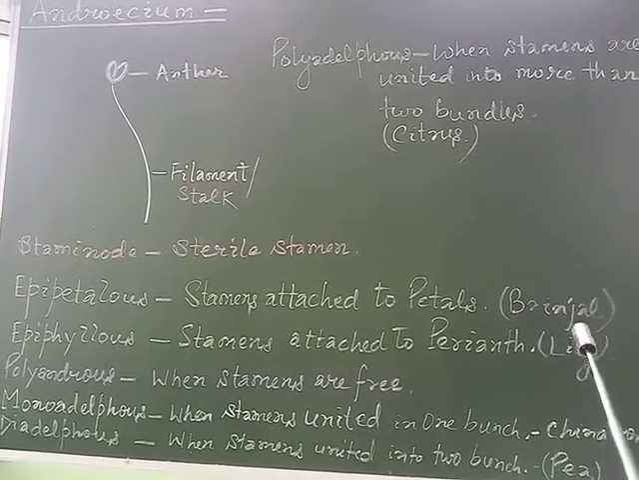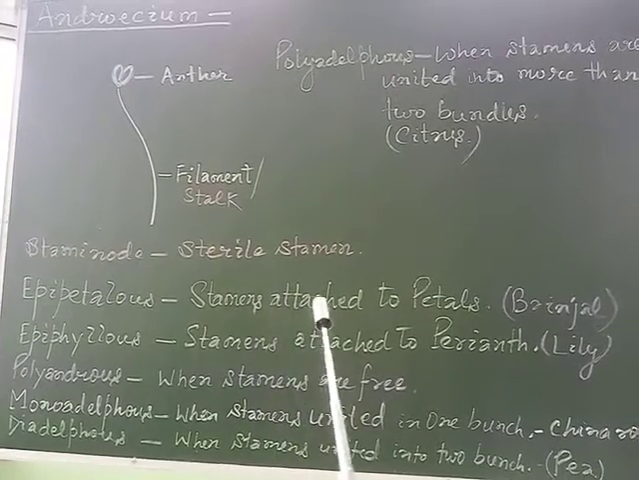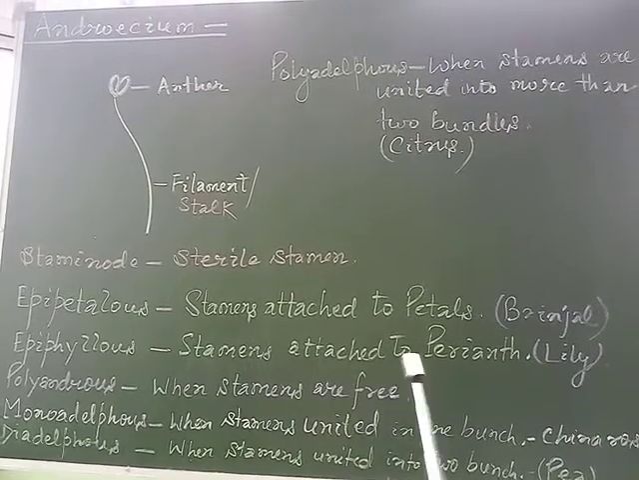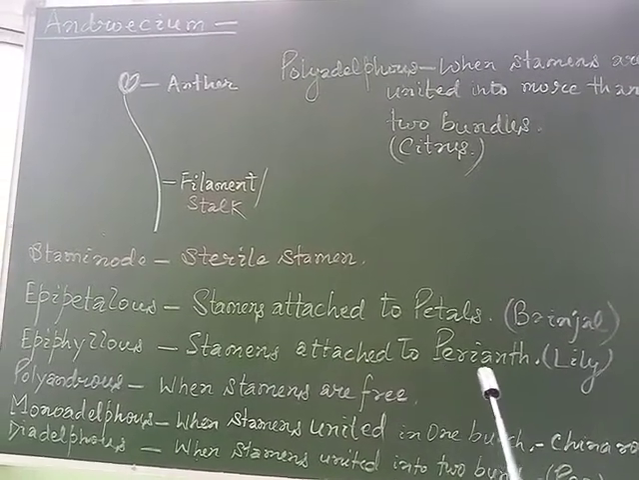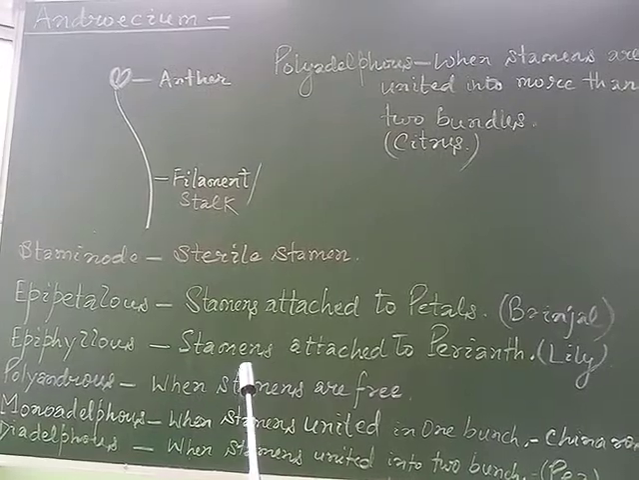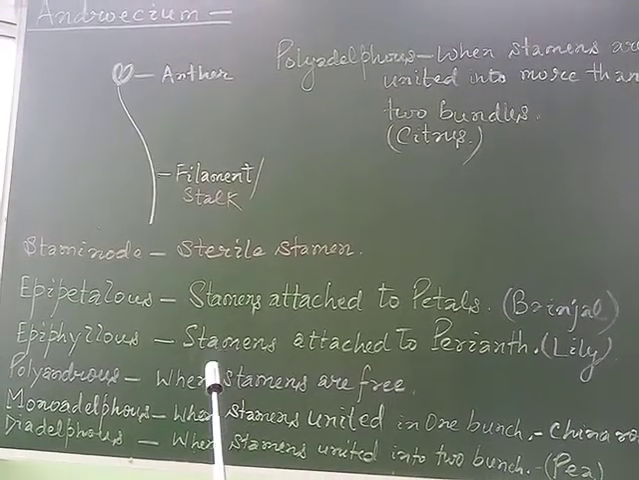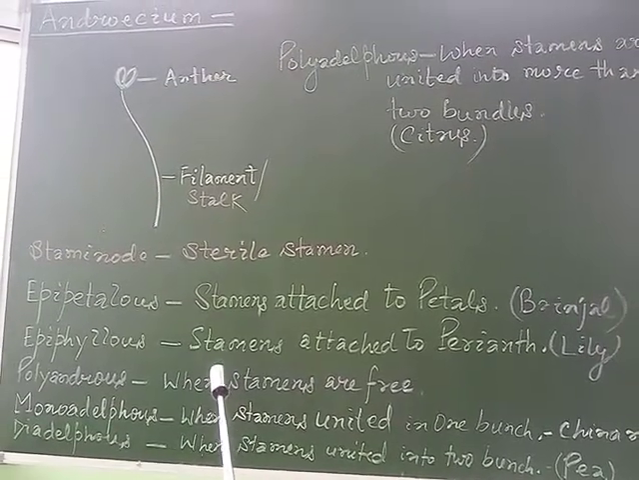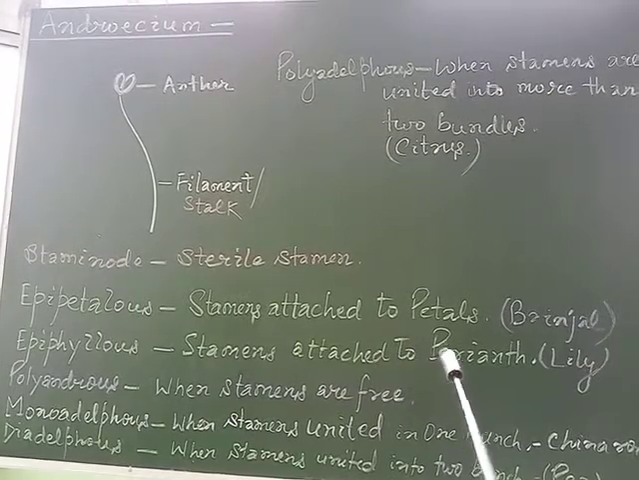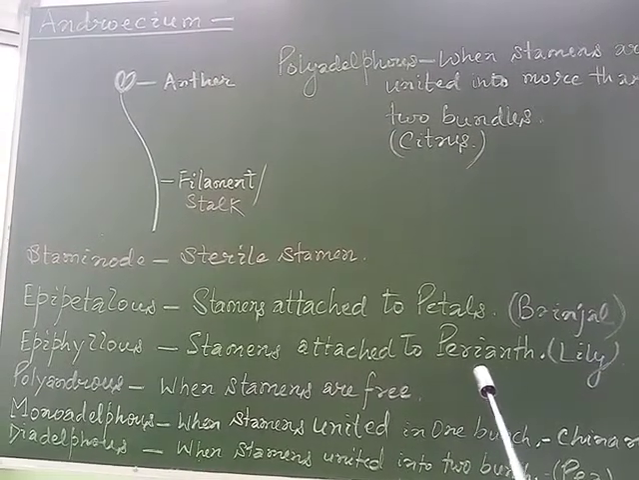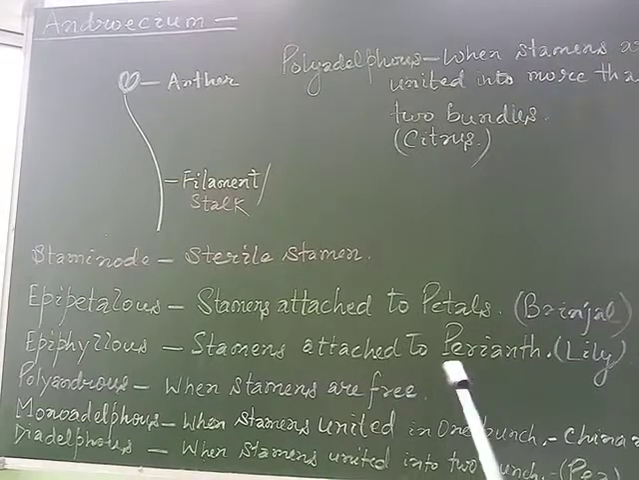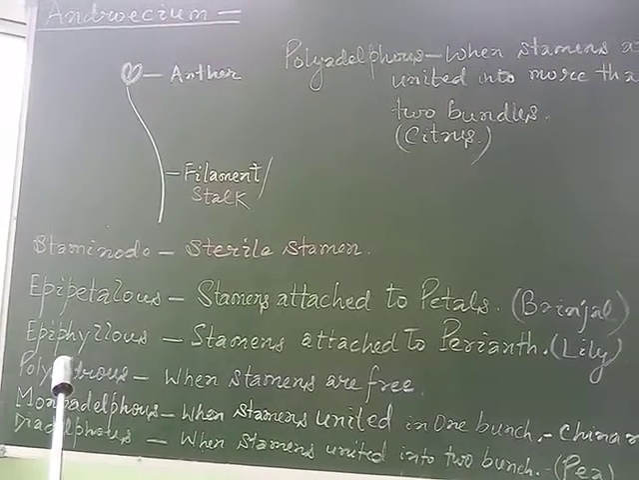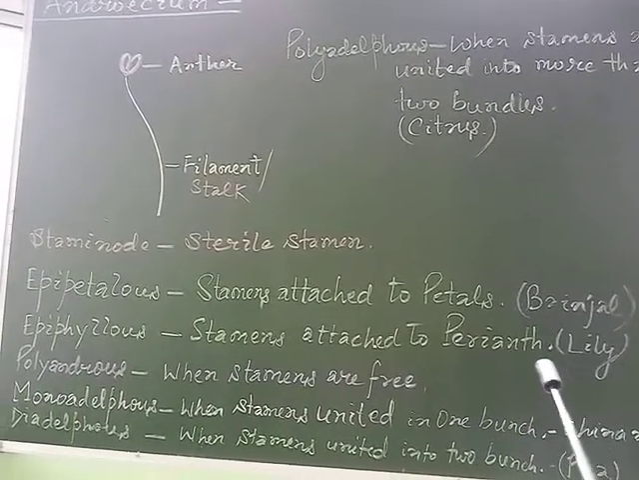For example, in the case of brinjal, the stamens are attached to the petals, whereas when the stamens are attached to the perianth, we have discussed perianth means there are no separate sepals or petals. We cannot distinguish the sepals and petals. In that condition, the unit is called perianth, and when the stamens are attached to the perianth, then the condition is called epiphyllous. For example, in the case of lily,